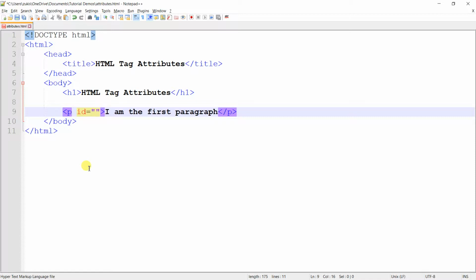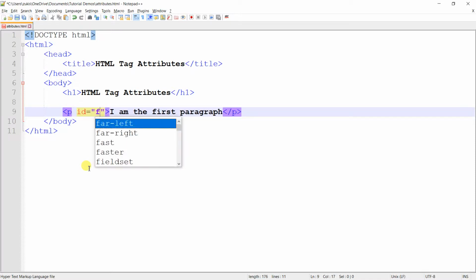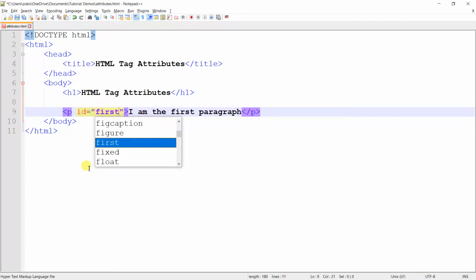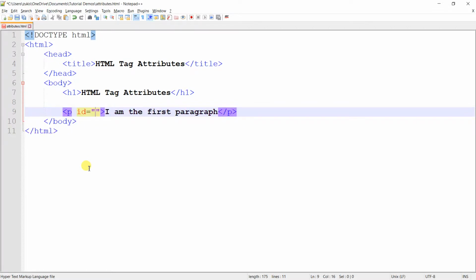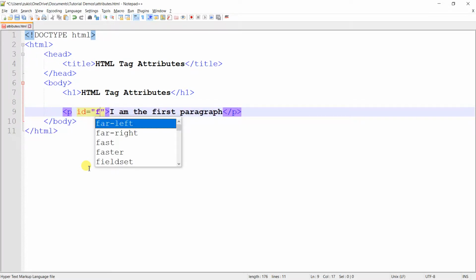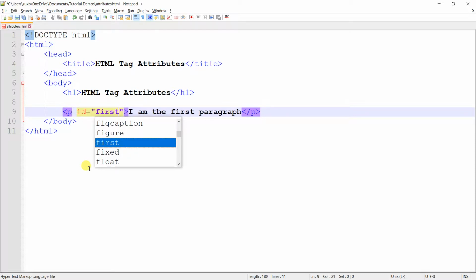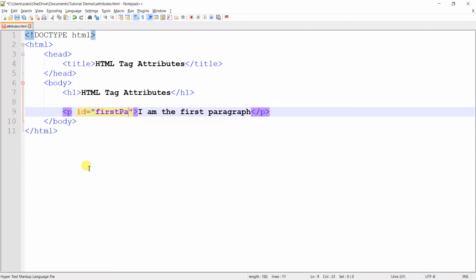So the ID is equal to, I would say first. You shouldn't put spaces inside an ID attribute. There are a bunch of rules. For instance, you shouldn't start with a number. Start with a letter typically. So I'd say first paragraph, or as I like doing it, I say first underscore